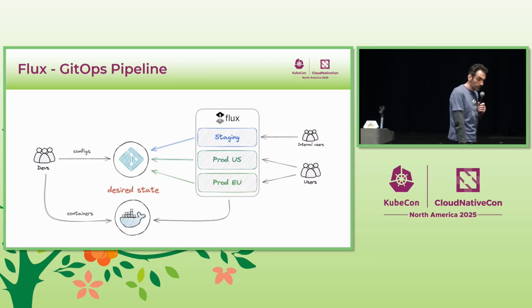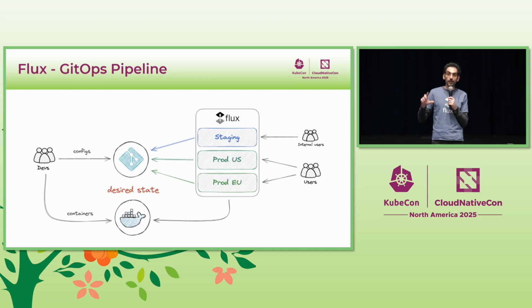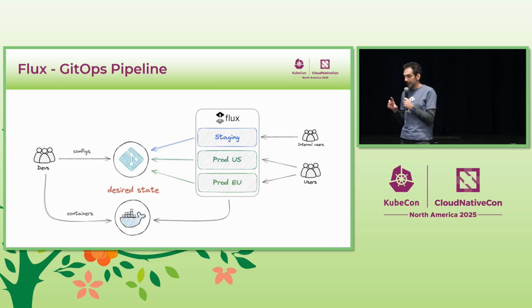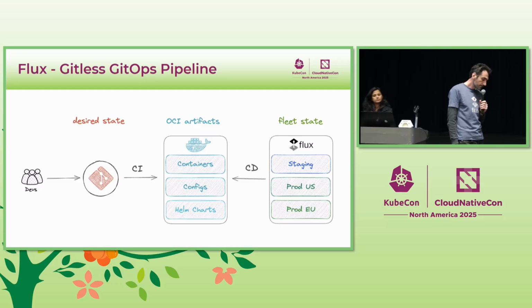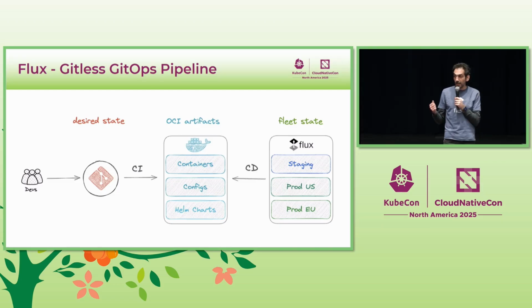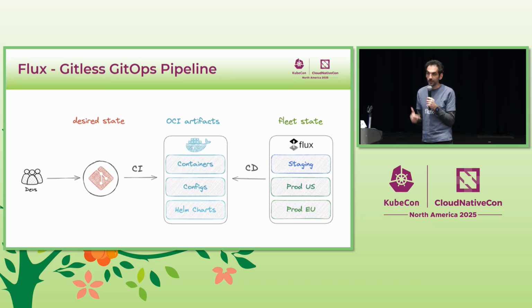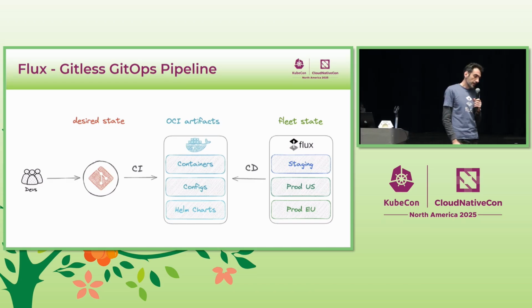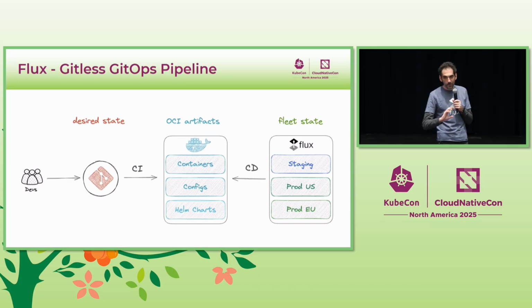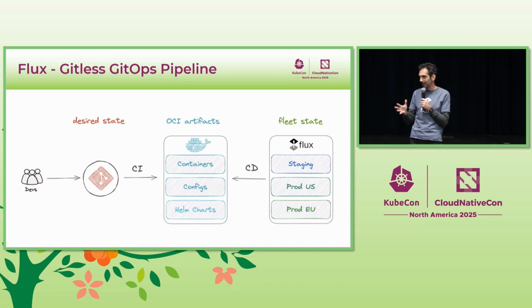The third thing that we've built into Flux was looking at the container registry as desired state. What this means is that we can use the container registry, which is already in your clusters, as storage for, of course, Helm charts, Flux configurations, Kubernetes configuration, and container images. And this has, in my opinion, major advantages since we've implemented this. I've been preaching it all the time: try to use this